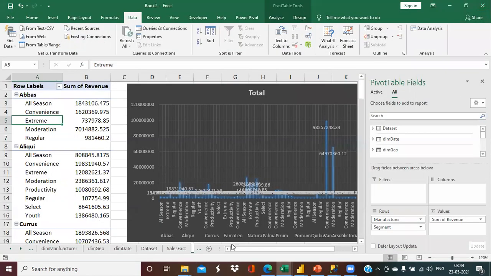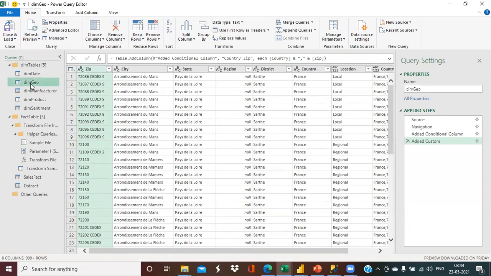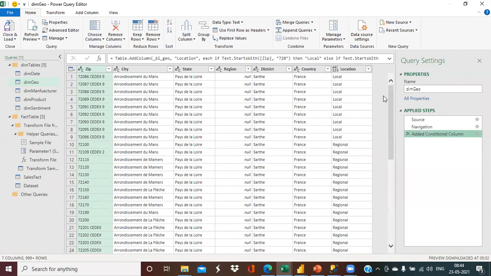What we can do for that purpose is, if you remember last time how we jumped to the queries in the Power Query Editor, let's jump into the Power Query Editor once again. Go to your queries section. If you go to the geo table here, and if we remove this column, let me show you how I added that column. What I will do is create a concatenation column between country and zip to make it a unique value. I'm repeating once again: I'll create the concatenation column between country and zip.